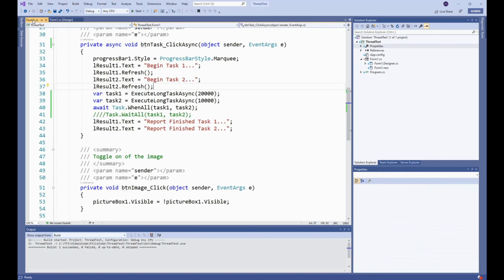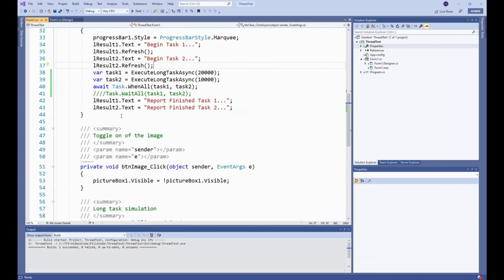The most important part of the code is this one. As you can see, the code simply launches two tasks that simulate a long-running task with different parameters. Then, in this first example, Task.WhenAll is used to synchronize the end of the two tasks, and the specific thread of this method awaits until the two tasks are finished.